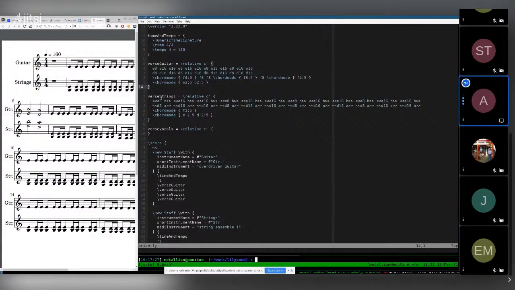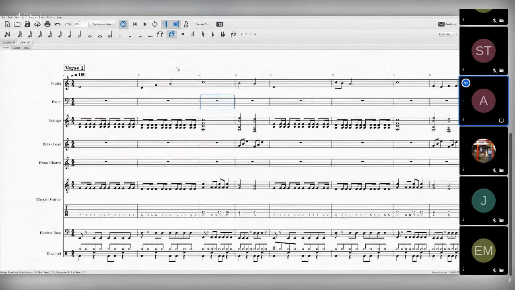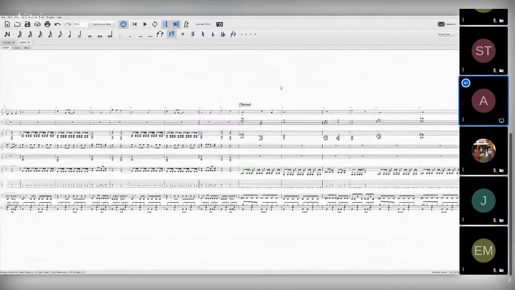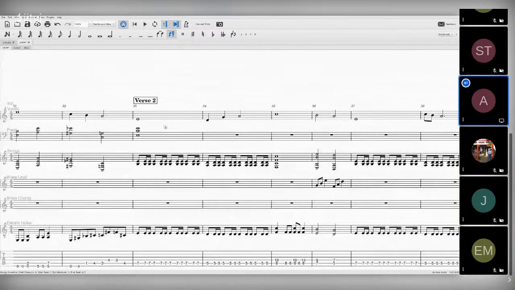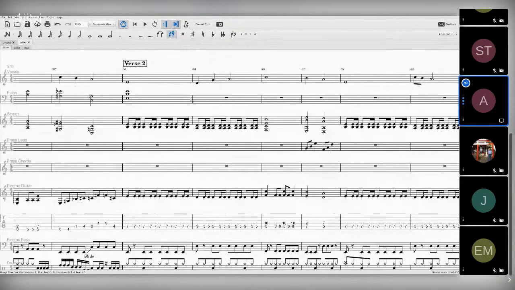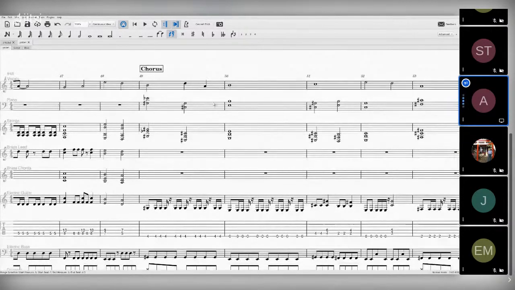But one other thing that I really like about Lilypond, one of my main reasons actually for trying it out. Let me go back to MuseScore for a moment. So, at the start of my score here, I have a verse. Then when we go on, here there's a chorus. And here's another verse. The music over here is exactly the same as the first verse, only the singer will be singing different lyrics, but even his vocal melody is the same. And then when we go on a little further, another chorus. This is again exactly the same as the previous chorus. The singer will even be singing the same lyrics.